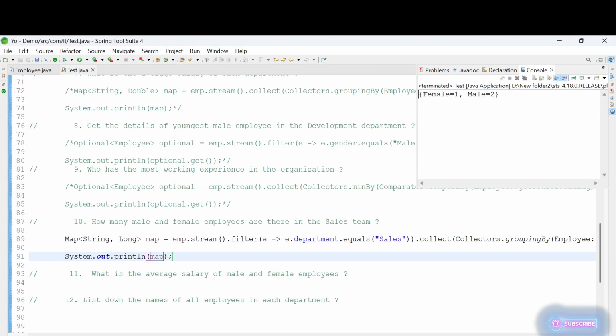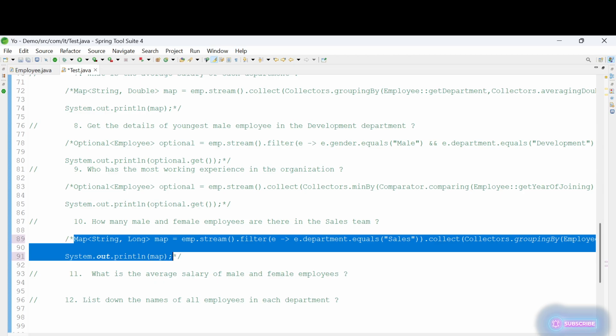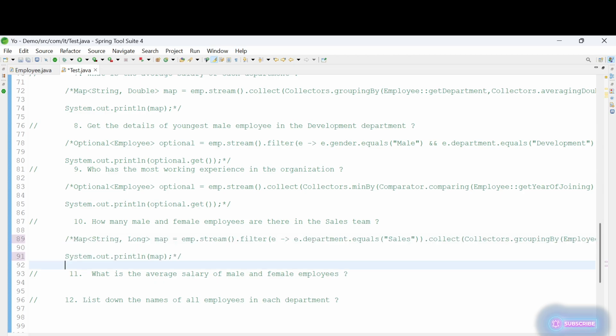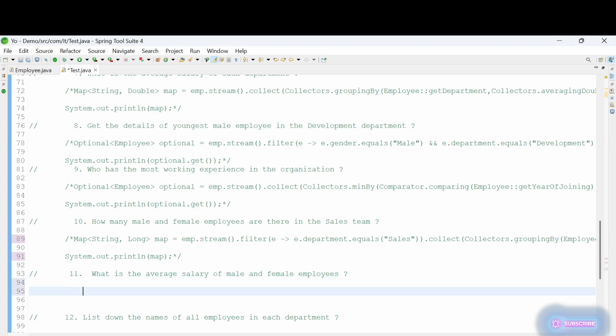Now, 11th question. What is the average salary of male and female employees? What is the average salary of male and female employees? So we have to group the male and female employees. Average salary, okay. Right. emp dot stream dot